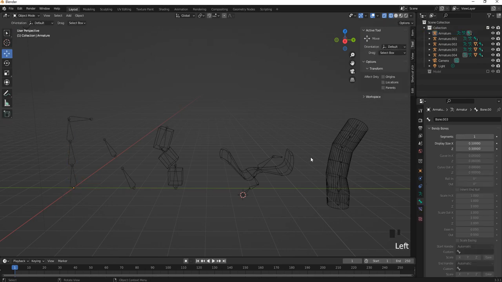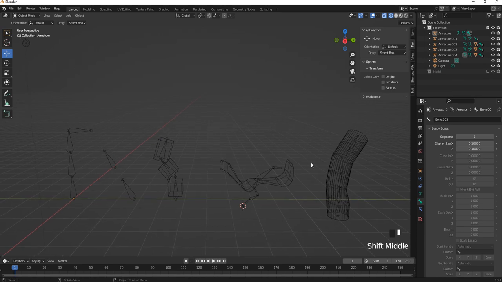Okay, so this is a general view of how we can manipulate the bones, and next time we are going to do the bones for the bird and the